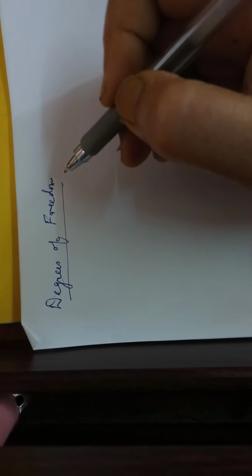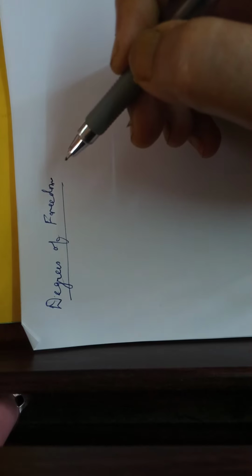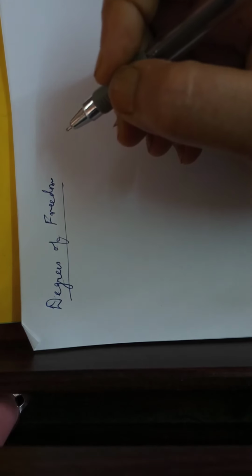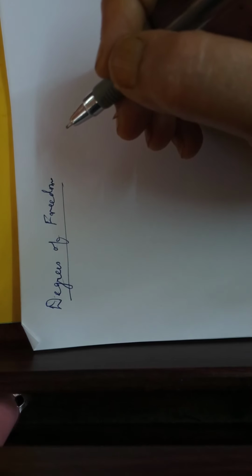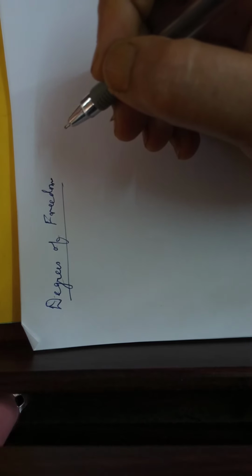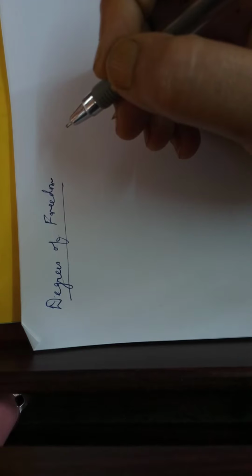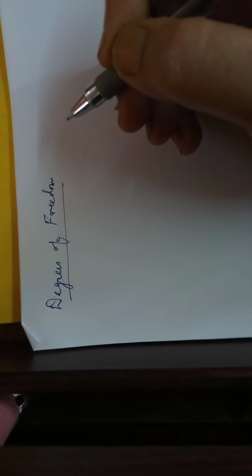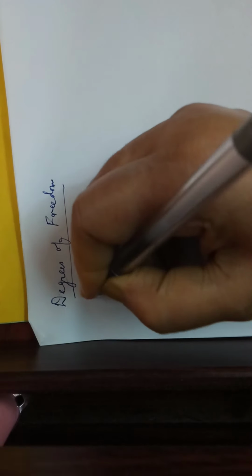As the name suggests, if you just look into the name, degrees of freedom, it means the number of independent ways by which or within which a dynamical system can move without violating any constraint. Okay, so if you have constraints applied on a system, then its degrees of freedom of motion gets restricted, isn't it? So satisfying those equations of constraints, the number of independent ways